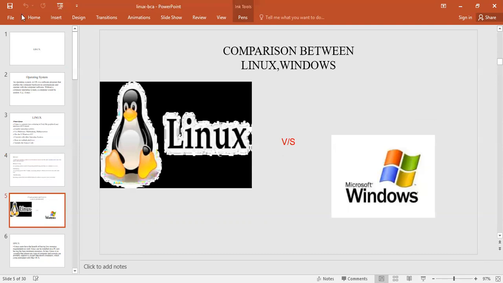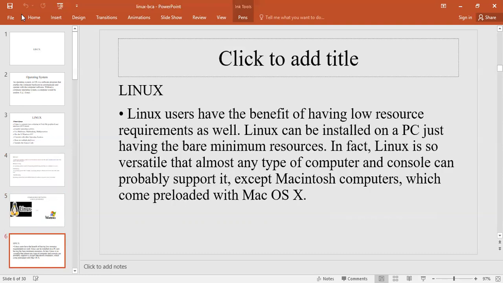So we will see the comparison between Linux and Windows operating systems. There are some points which we will cover under comparison. First is Linux. Linux users have the benefit of low resource requirements. Linux can be installed on a PC having just the bare minimum resources.